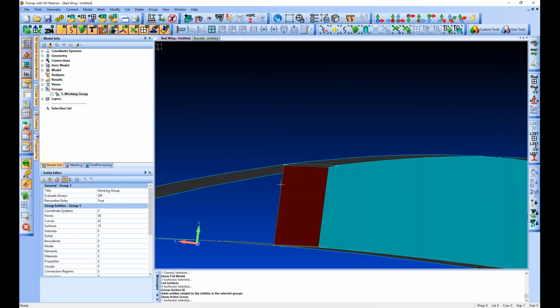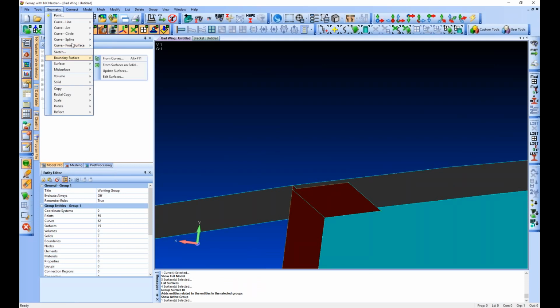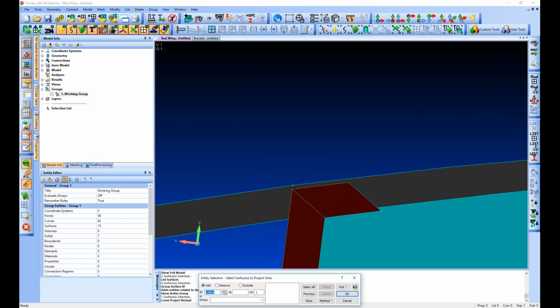So now we have to transfer this line up onto this surface. Easy way to do that, like I mentioned earlier, is the curves from surface project. So this is going to project normal to the surface you're projecting onto, which in this case is probably what we want. So we're just going to do that. There's other options in there that you can define vectors, but in this case, this is what we want. So we choose what to project onto, and then we can pick